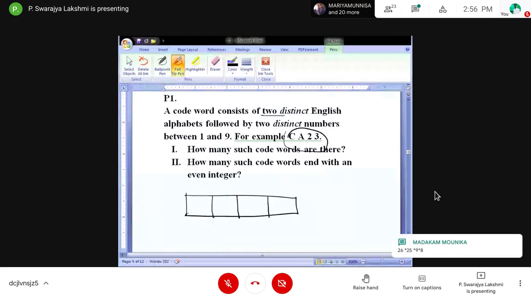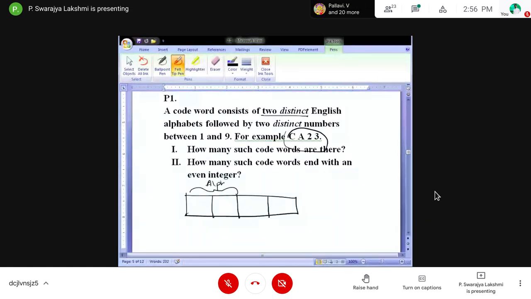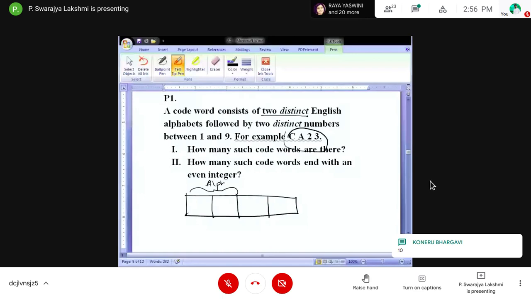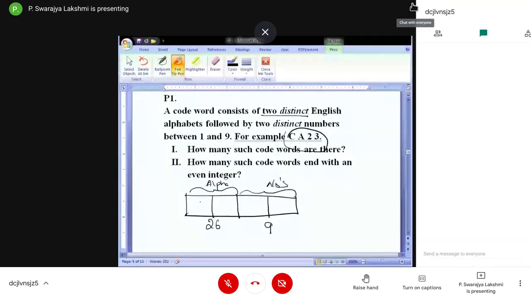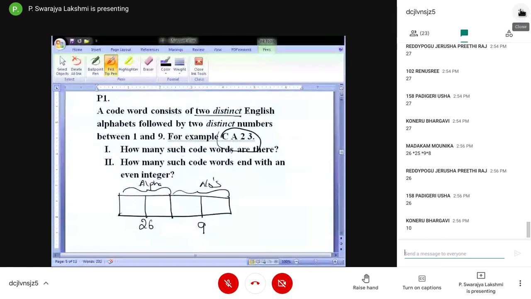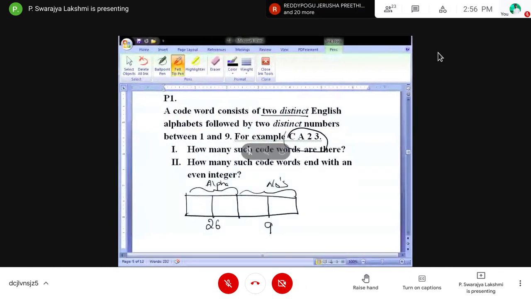So how many alphabets do we have? We have 26, and how many numbers? 1 to 9. Yes, Monica is right. How many such code words are there? For the first alphabet, how many chances do we have? 26, right?